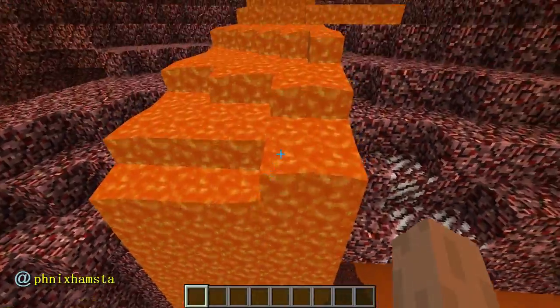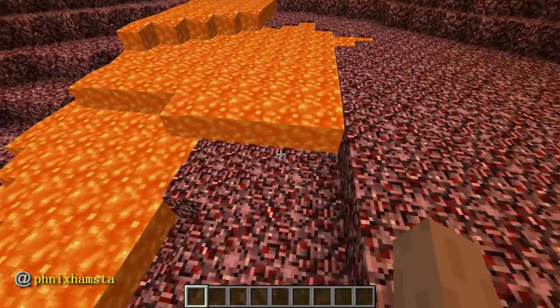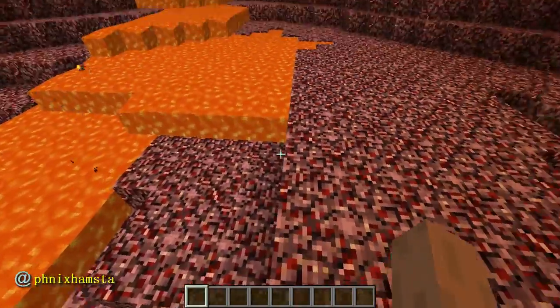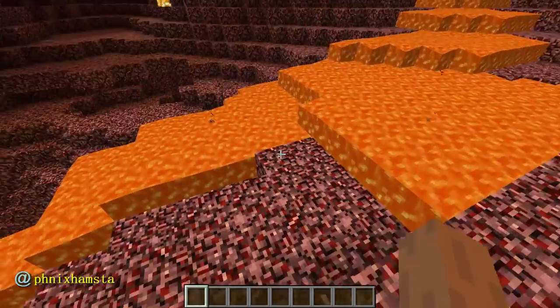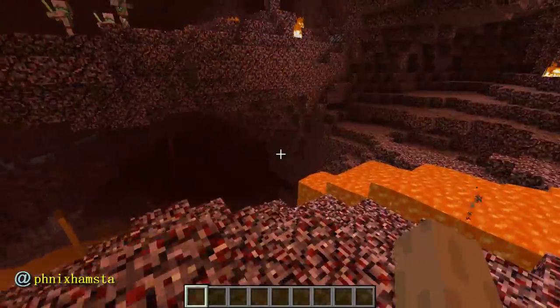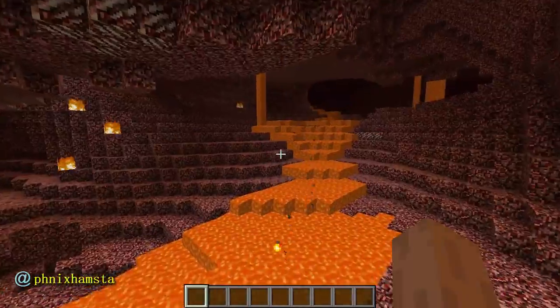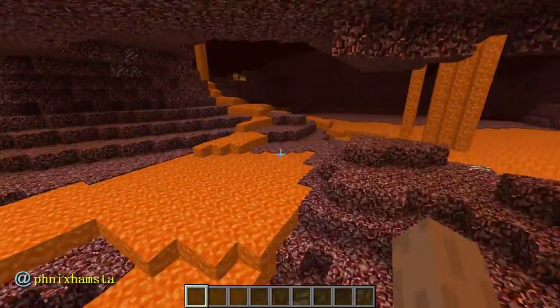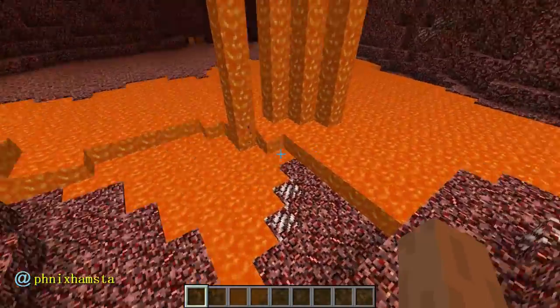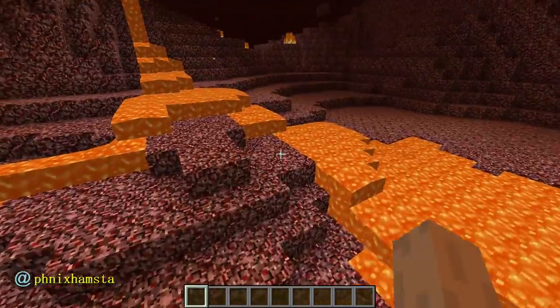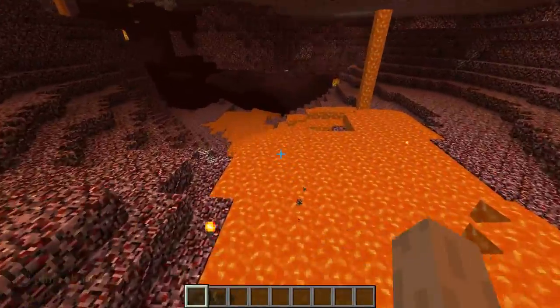Well, now that I mentioned it, it's actually kind of starting to expand. This might start flowing this way, but it's hard to tell because this is lag that you're hearing right now. Maybe you can hear my computer, but it's trying to process all of the different sources of lava, and it's not going to happen. So it will flow away, but it's just way too slow to even start processing all of that